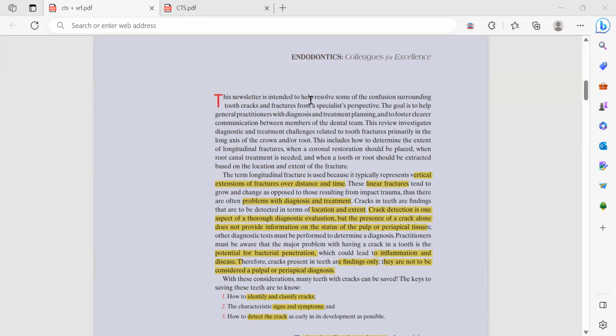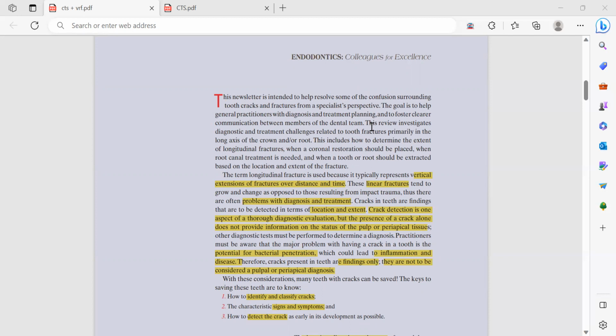This newsletter is intended to help resolve some of the confusion surrounding tooth cracks and fractures from a specialist perspective. The goal is to help general practitioners with the diagnosis and treatment planning and to foster clearer communication between members of the dental team. Like the crack is always a very confusing topic for everyone, right? Because we cannot diagnose the crack even on x-ray, so it is just a finding that we need to find out. Either we can see the crack clinically or we need to find out by taking history or by doing